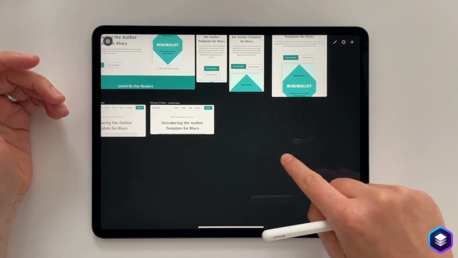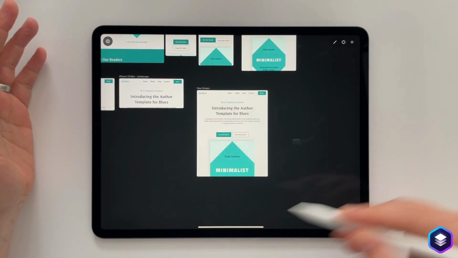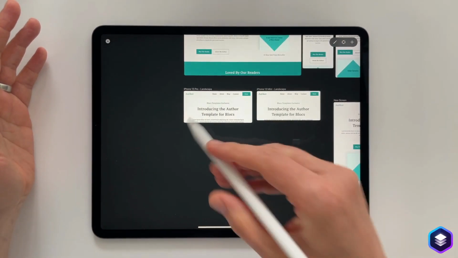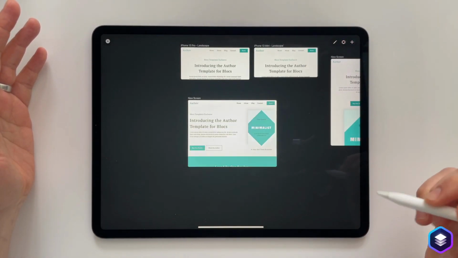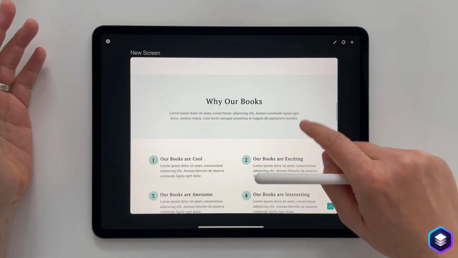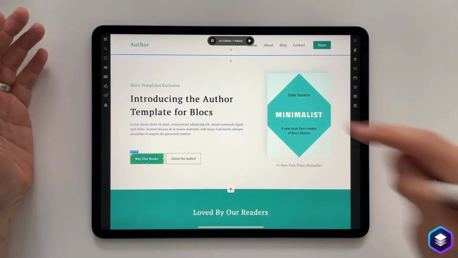If you have an Apple Pencil, you don't have to do anything other than just draw onto the canvas. Blocks will recognize the connection with the Apple Pencil immediately, and you can just draw that straight on. There's no need to switch modes or anything like that, which I think is a nice feature.